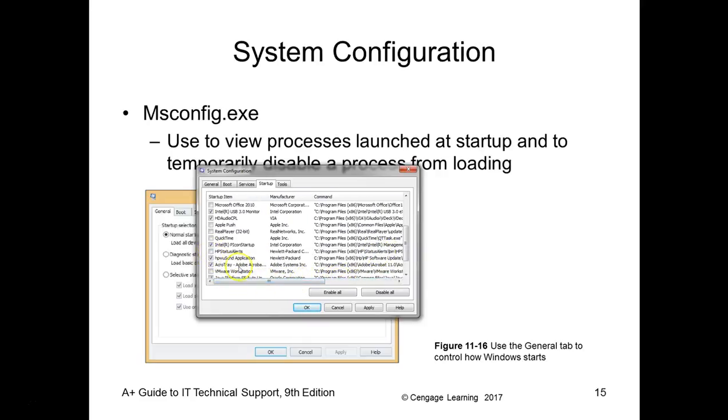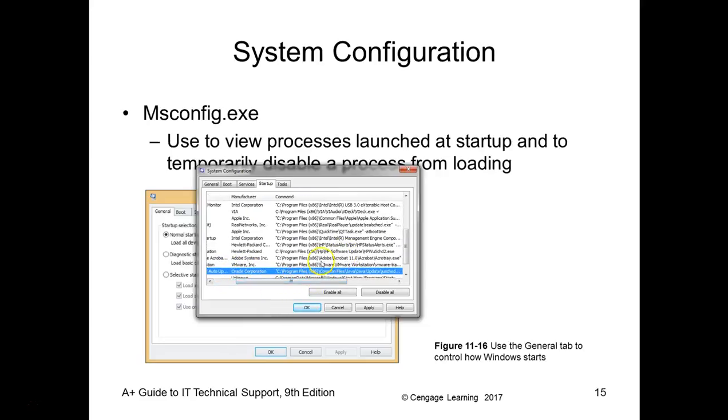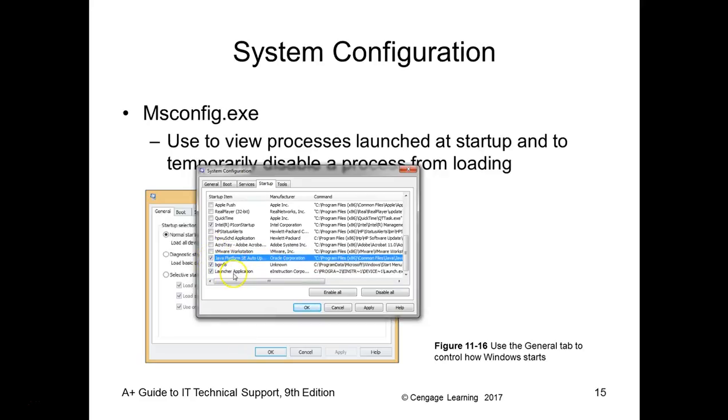Don't really need that. The HD application, that's like your software updates. You don't need that either. You can check on that periodically. Adobe, there's no reason to start Adobe when the computer boots up. Java, that one you might want to keep up there, but the rest of this stuff, so you can see I've eliminated quite a few from starting up, and then once I'm finished, all I have to do is just click apply,